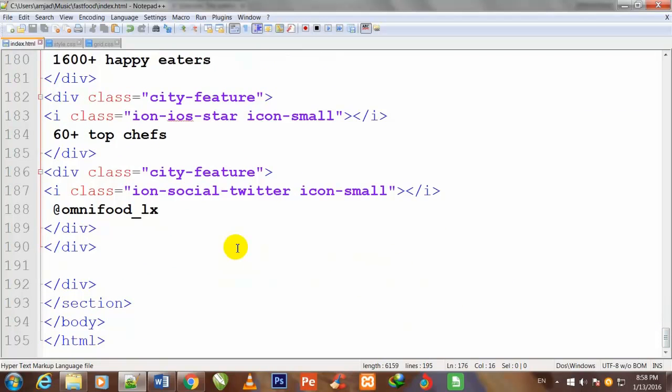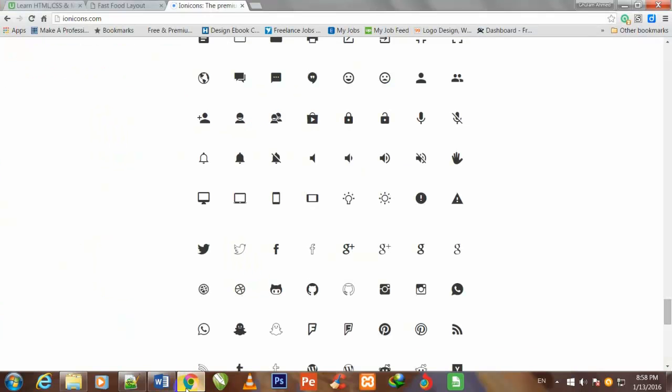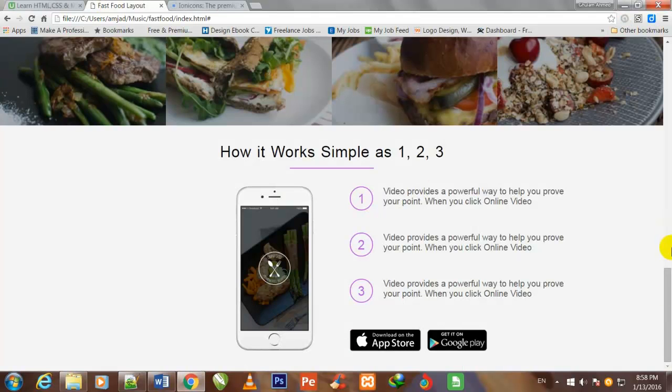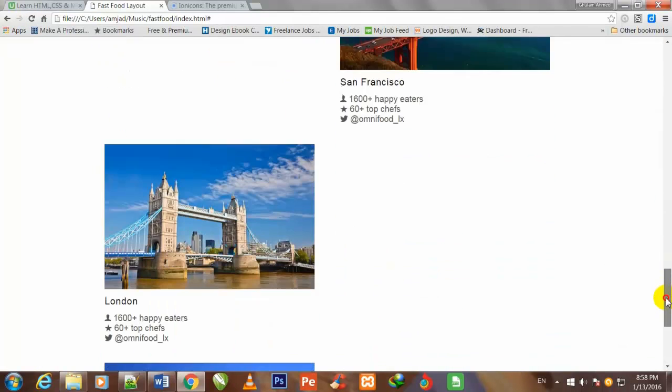So friend, now I go to my Chrome browser to see the preview of what is happening here. I refresh this page and I scroll down.